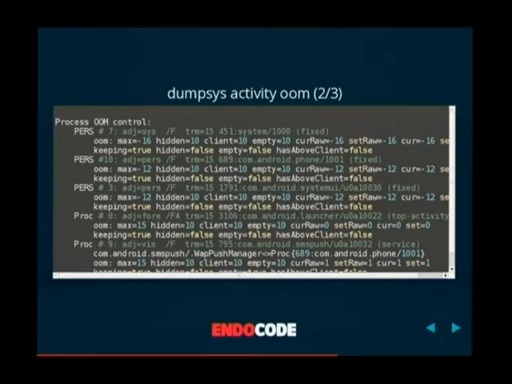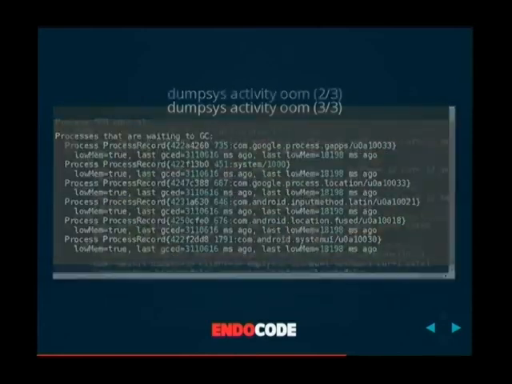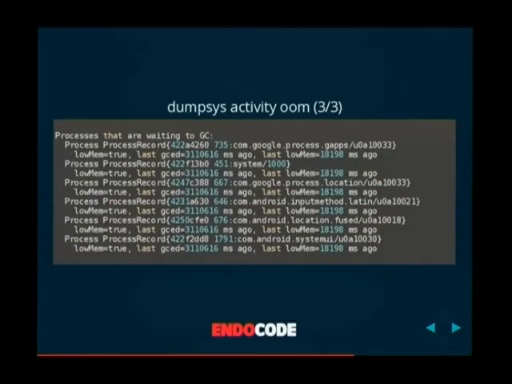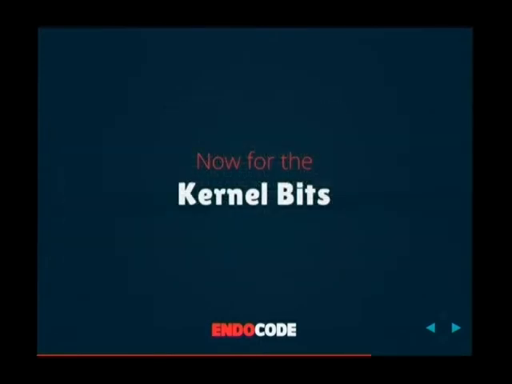And so you can get a lot of information using this. And I'm going to be writing a blog post detailing what each of these parameters means. So if you go to our blog in the next couple weeks, it'll be there. And then you can see basically the garbage collector. You can see what's queued up for the garbage collector. And so it's interesting output to look at when you're trying to debug why your system is running unstably. Okay, so I'm going to hand it over to Iago now.